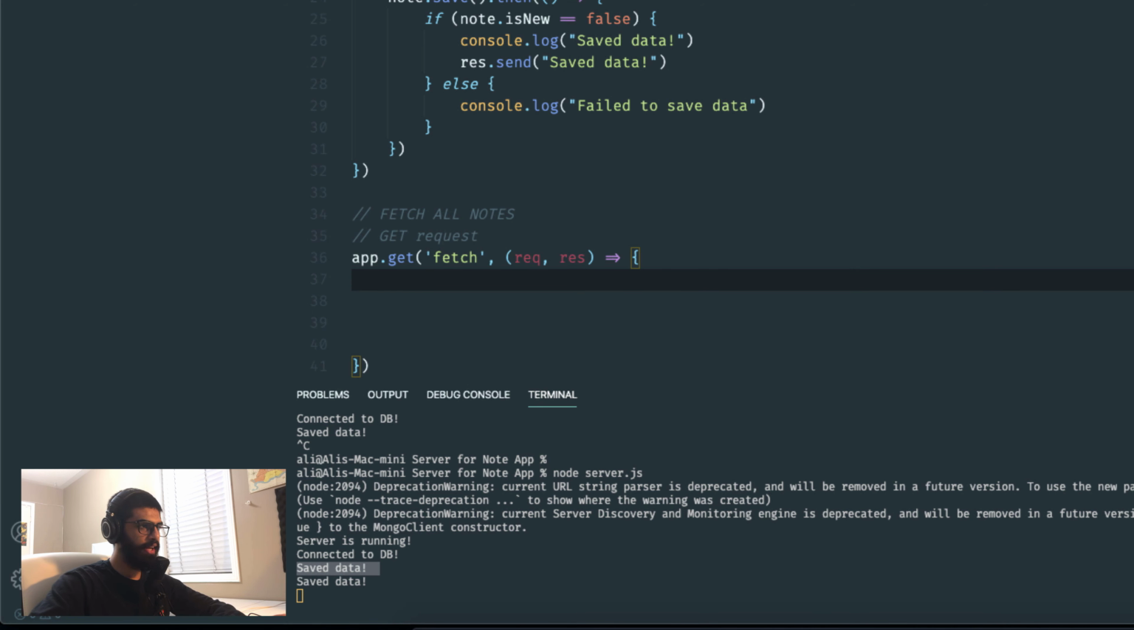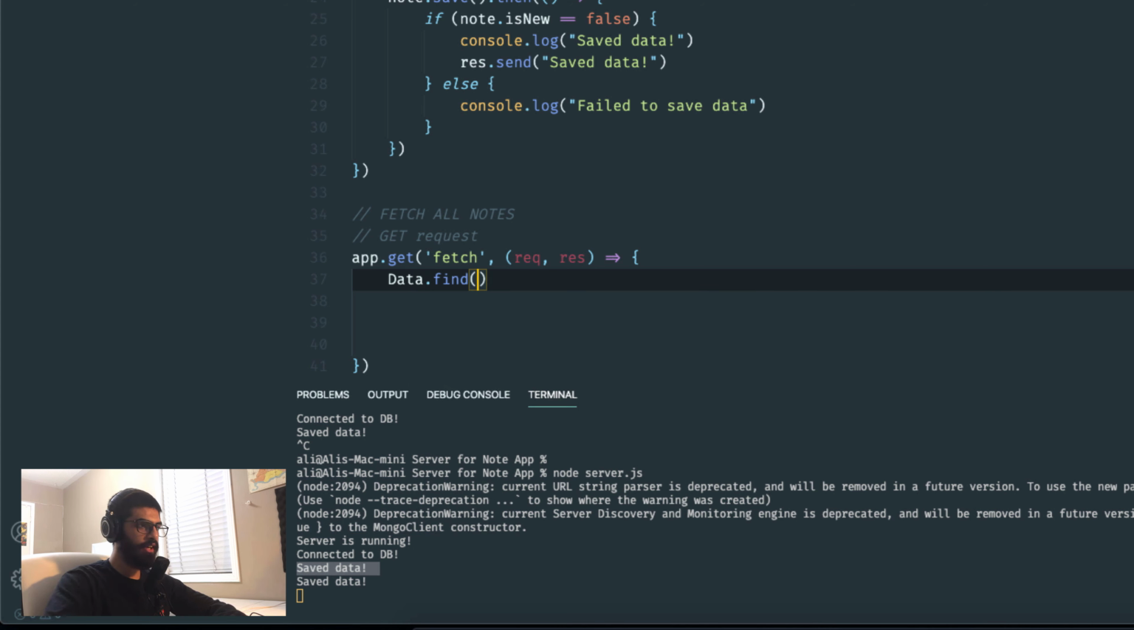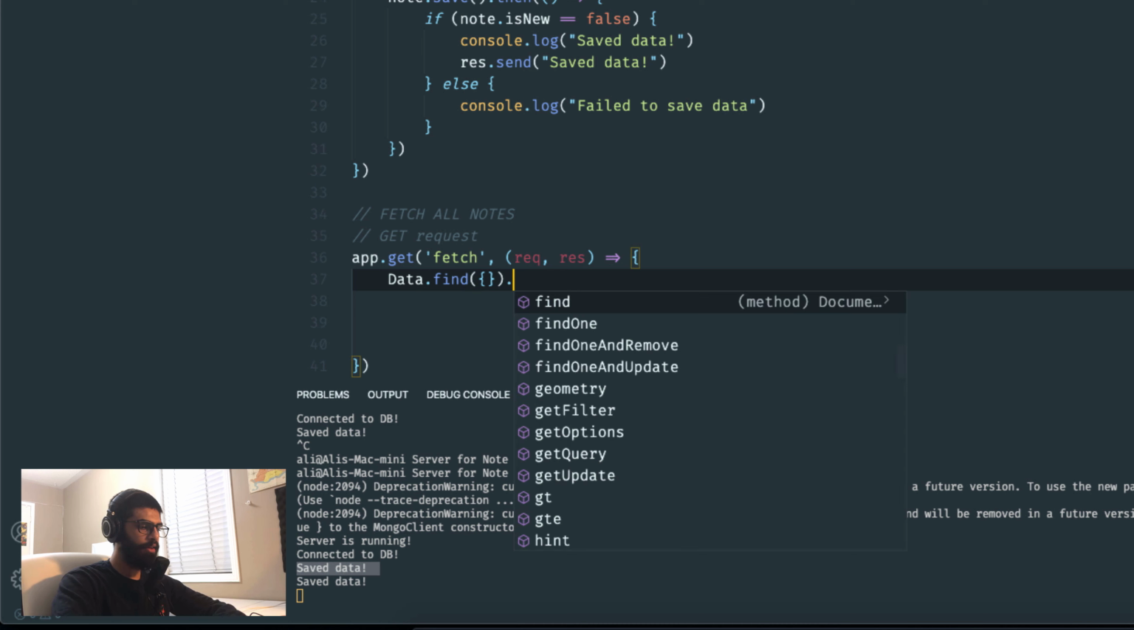We can write Data, capital D, dot find, and we're actually going to give it 2 curly brackets. So this means we want to find everything in the database. If we want to find just, for example, not in this app, but if you had a certain app with employees or companies, and you only want to find employees, you would tell it that. But since we're entering nothing in the brackets, it knows that it has to find everything. And then we write dot then,